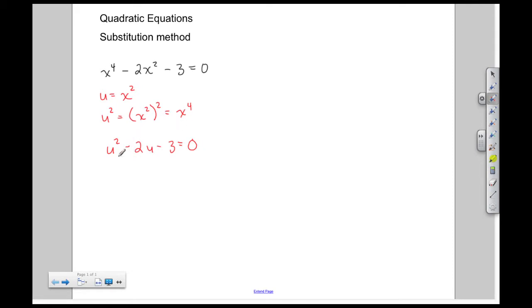At this point I need to multiply this first coefficient with a negative 3. This here is understood to be a 1. So 1 times 3 to give me a negative 3. So negative 3 is what I call my magic number. With this magic number I need to list its factors, and those factors are going to have to add up to a negative 2. So the factors of negative 3 are negative 1 and positive 3, or a positive 1 and negative 3. If I add my first two factors together, negative 1 plus 3, that gives me a positive 2. And my second two factors, 1 minus 3, that gives me a negative 2.